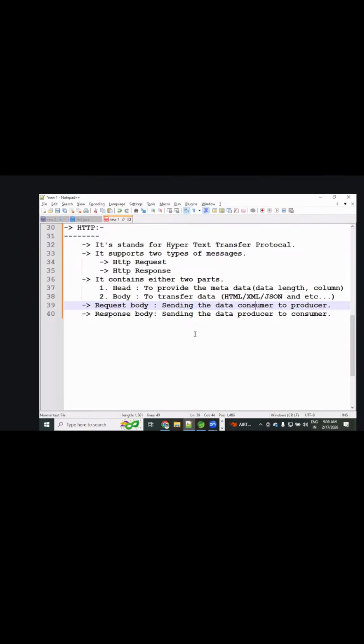Coming to the HTTP methods. You are aware of it, right?